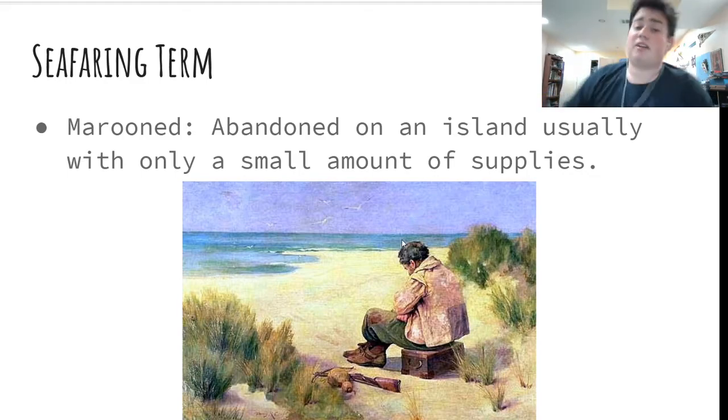Another seafaring term worth knowing, and that's marooned. And this is also going to be relevant in part 3. Marooned means you are abandoned on an island, usually with only a small amount of supplies. This was basically their way of saying, look, we don't want you on the crew and we're not going to shoot you. Here's a small gun and maybe a little water and good luck. We're leaving you here and,